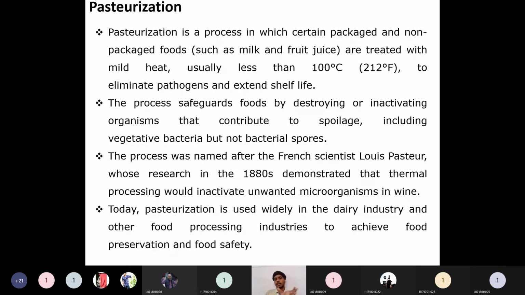Depending on what type of bacteria is present, and in order to inactivate or kill those microorganisms, the pasteurization process will be applied. Depending on that only, the temperature range and the time period of the pasteurization process will be chosen, depending on the microorganisms and the end product required. For example, for yogurt formation, ultra high temperature can be applied. But in ultra high temperature, when you go to maximum temperature, there is a chance of